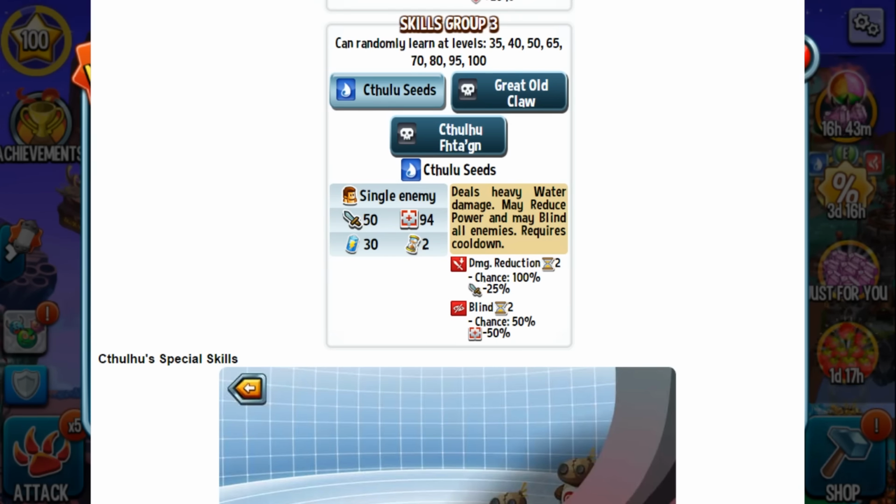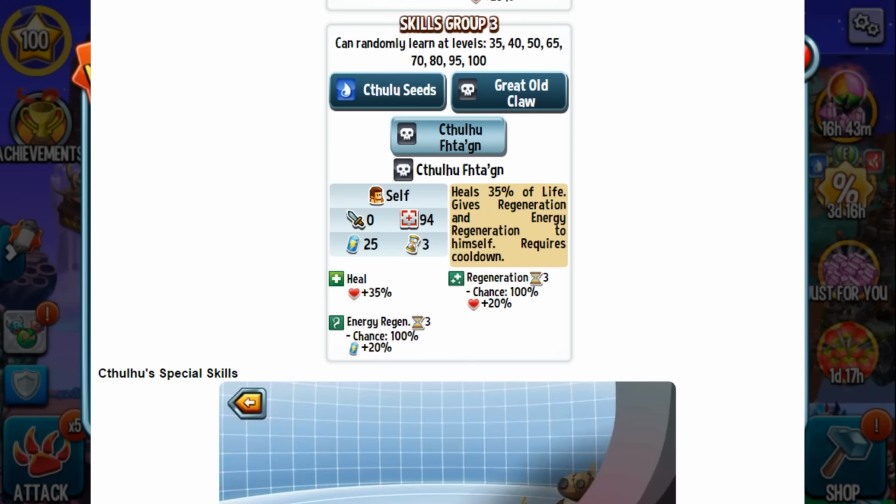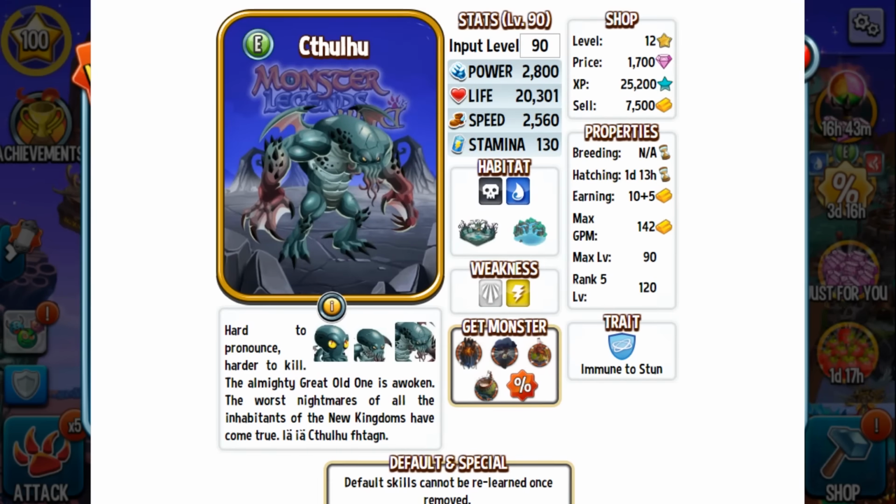This gives damage reduction and blind to all enemies. So the enemy's damage is going to be reduced by 25% and they're also going to be blind. So that's pretty amazing. We also have this skill right here that heals 35% of his life. He gets life regeneration and energy regeneration. So if you make this monster kind of tanky, it could be kind of hard to kill him. So if you desperately want to create a pack of 3 monsters, I'd have to say Cthulhu is probably one